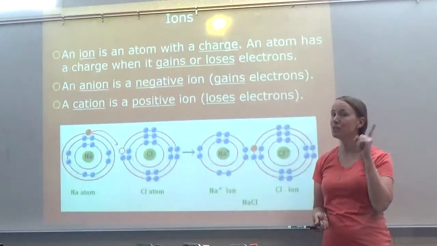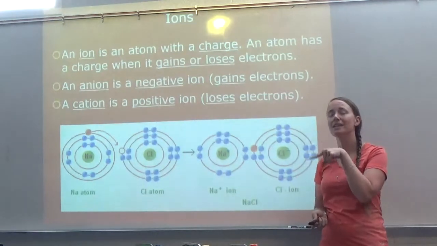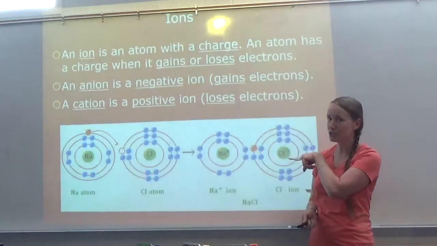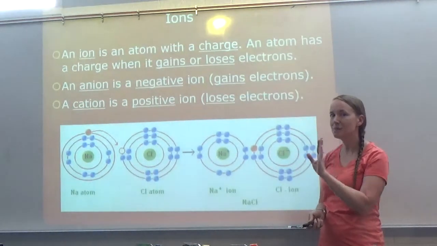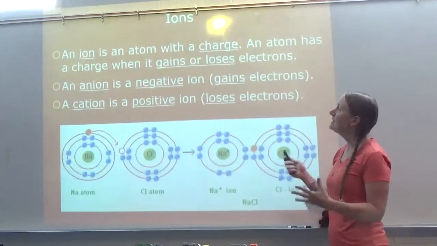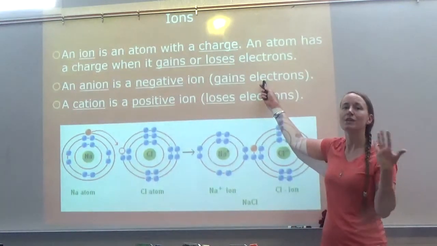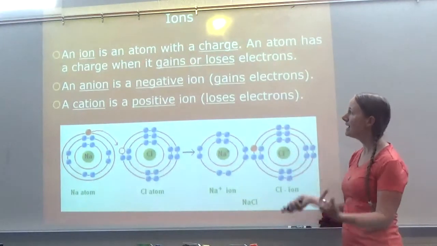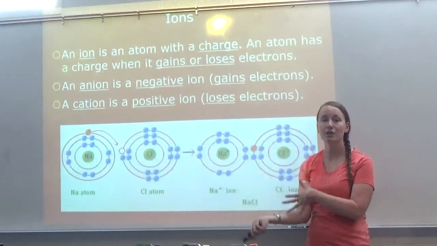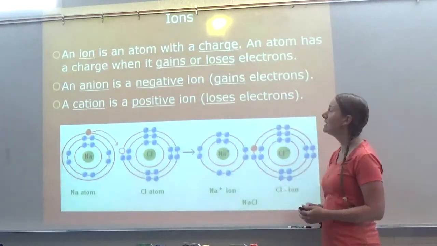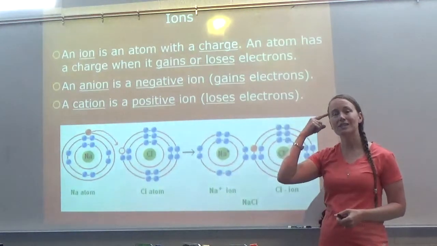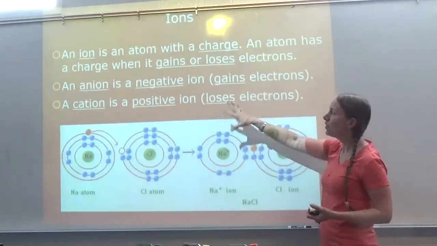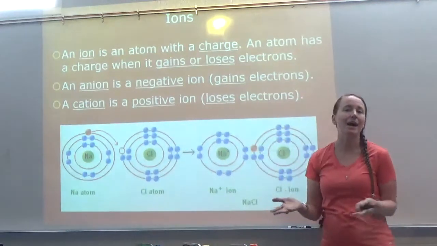And that gets tricky because you want to think it's negative, so you want to think it has subtracted or lost electrons. Remember, a negative is not the same as a subtraction sign. It's negative because it has extra negatives or extra electrons. And then a cation is positive, and so it has lost negatives or electrons. Sometimes if you call electrons negatives in your mind, then the whole positive, negative ions will make a little bit